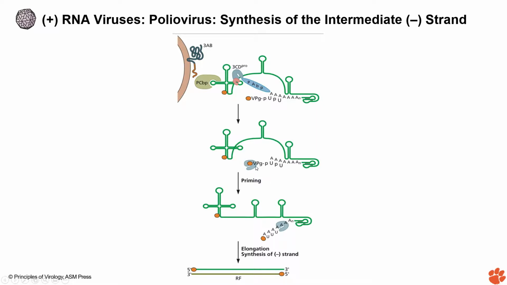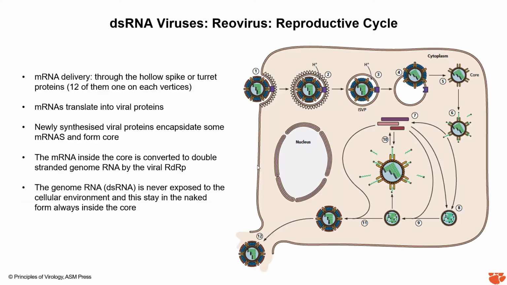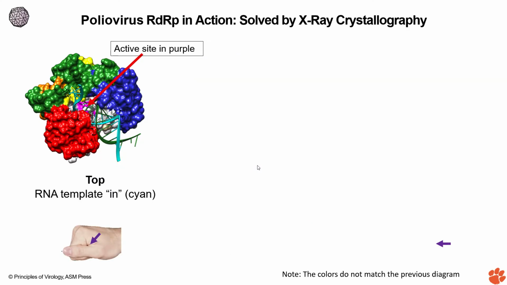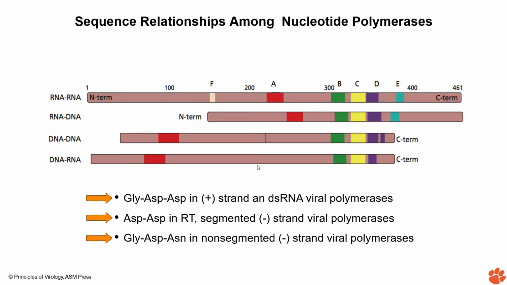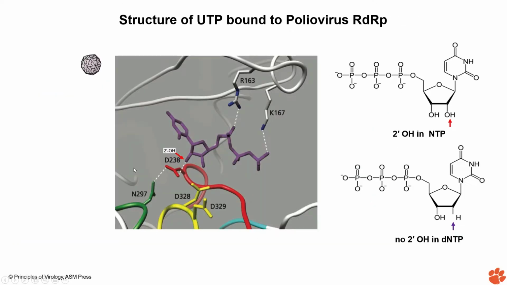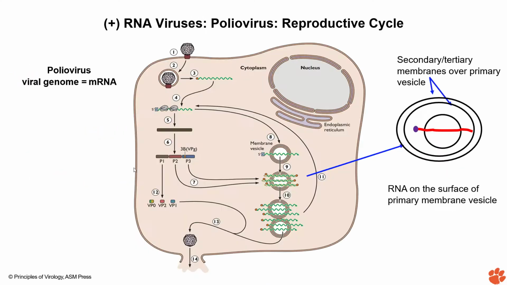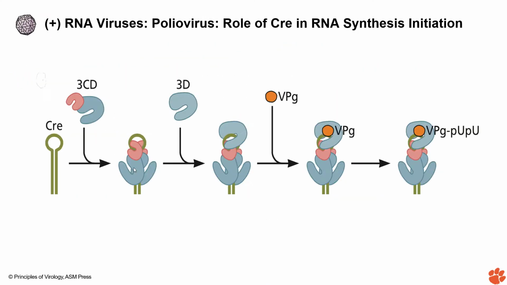So here we are going to see there is a protein primer dependent synthesis. Again, going back a lot of slides, remember that we talked about this, that there is some protein primer dependent synthesis. This is what we are going to see in here. So let's take a look at what we are seeing. That's the protein primer. So how is this primer produced?